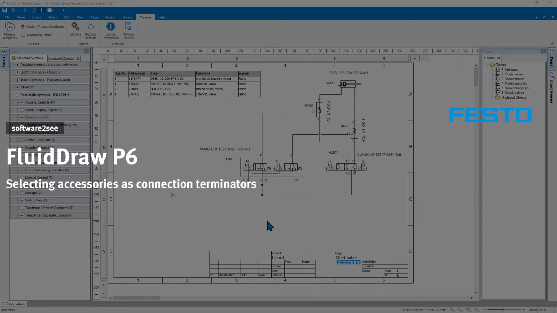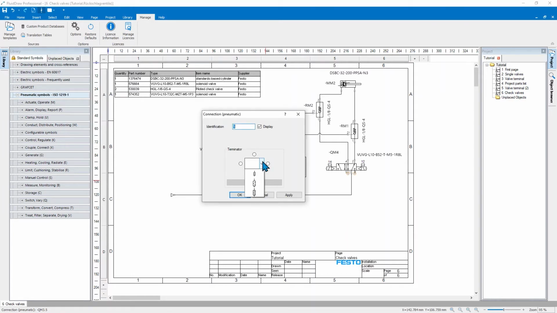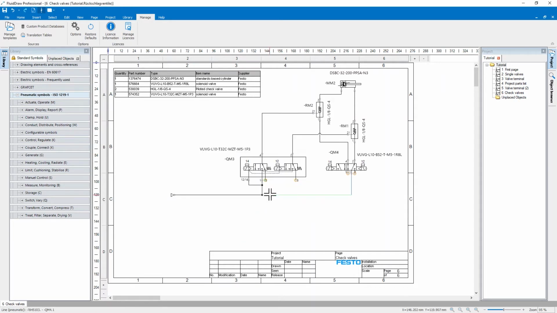In this video, we show you how to add accessories as terminators of connectors. For example, I want to add a silencer to this connection here. I could either double-click it and select a terminator here, or if I want to do that for multiple connections,